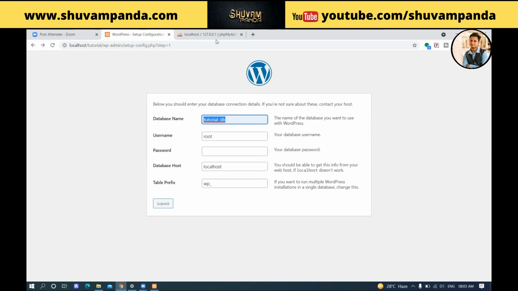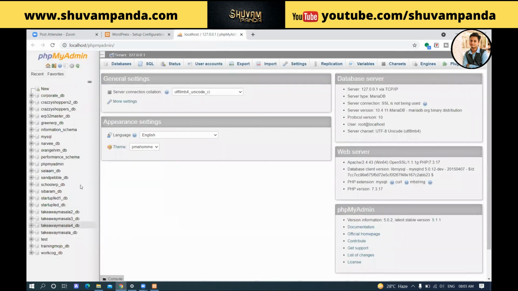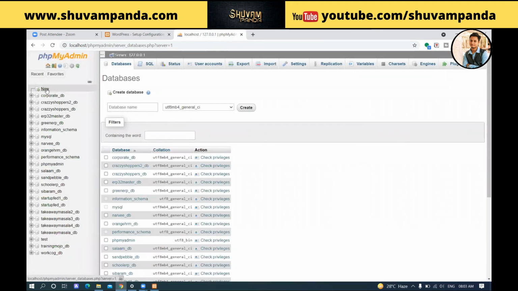What I did is go to MySQL in the XAMPP control panel and click the Admin button, and now I have been redirected to this. This is phpMyAdmin, or you can otherwise access it as localhost/phpmyadmin. Because I have plenty of software available, it is filled; otherwise two or three databases would be there for you. Now create a database using the same name, tutorial_db. The New button is here. I copied tutorial_db, pasted it and clicked create.